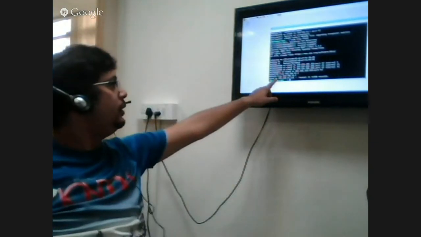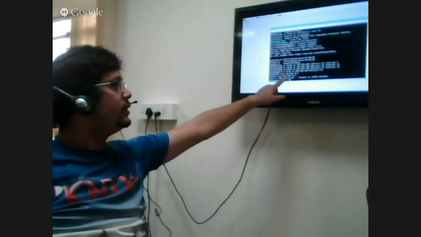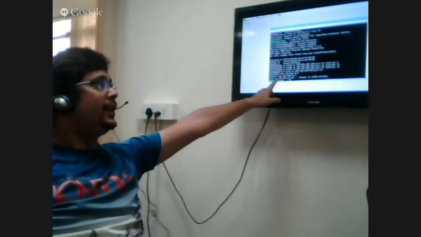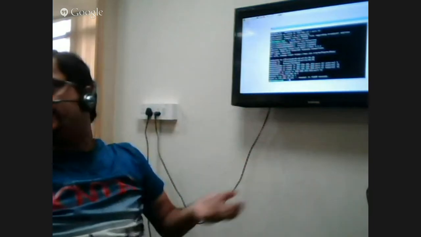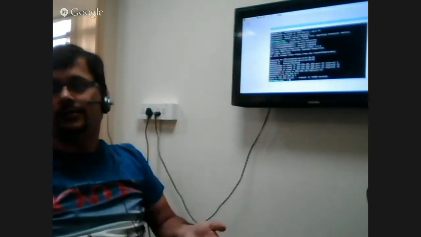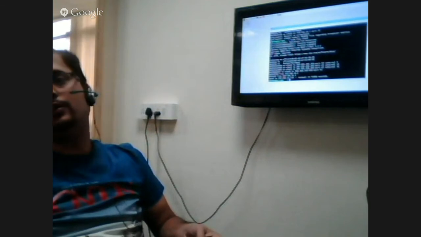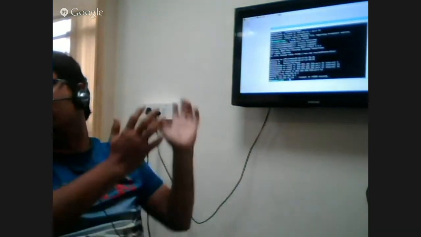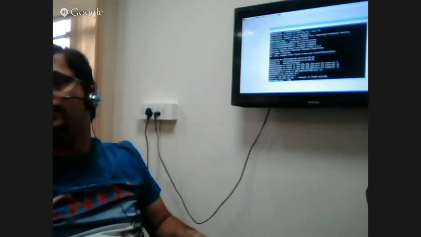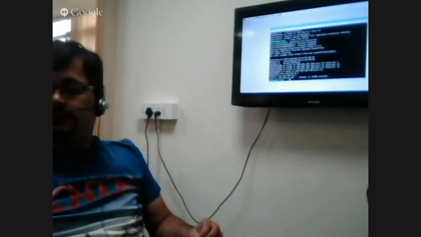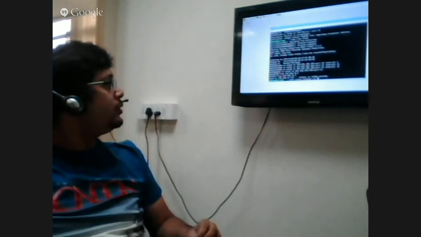So it is bound to 192.168.10.124, so anyone can connect from remote also. SSH, PuTTY, there are lots of SSH tools. We can connect from those tools also. We don't need to have the monitor, keyboard, and mouse all the time. You can control it from remote also. Now I am going to show you.